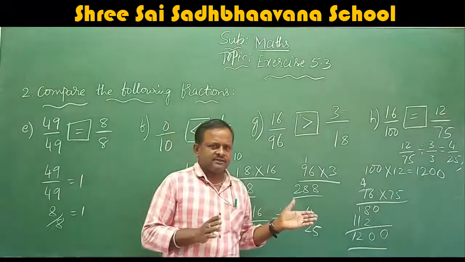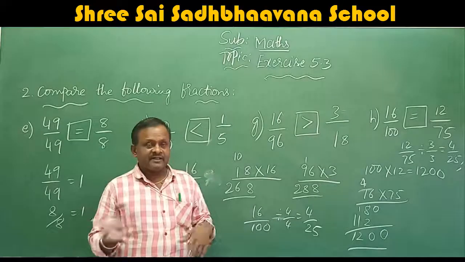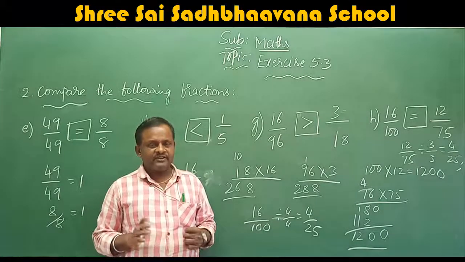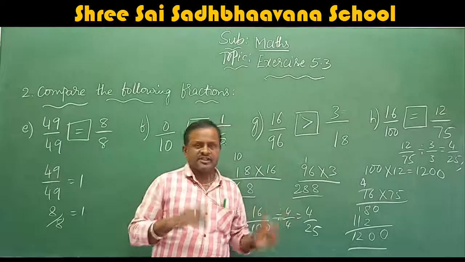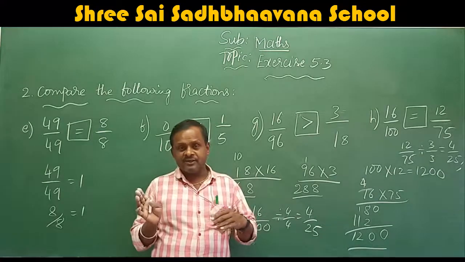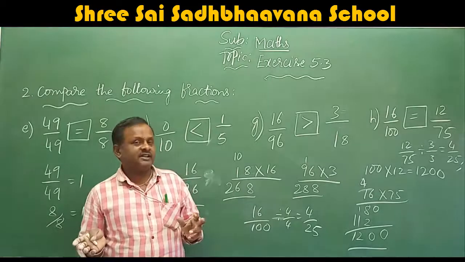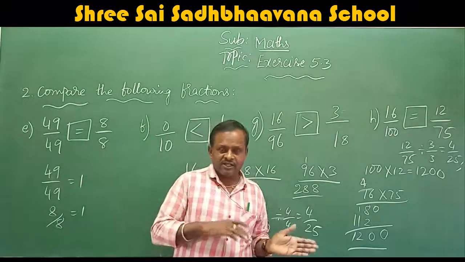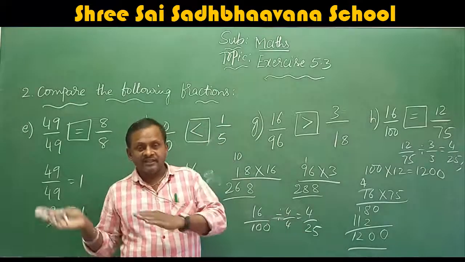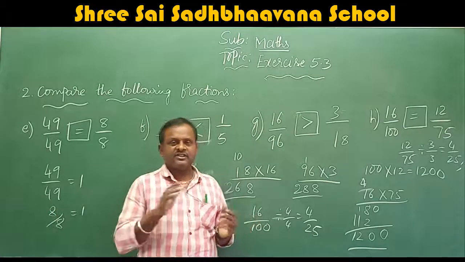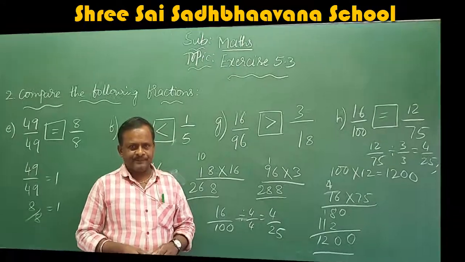If you make the numerators or the denominators equal, then it is easy to compare the fractions. Better always make the denominators the same. If the numerators are same, you have to write in the reverse, that is ulta. Bigger denominator makes the fraction smaller, so there is a confusion. Because of that, you make the denominators equal. Then it is easy to compare the fractions. Okay, next we will move to the next problem.